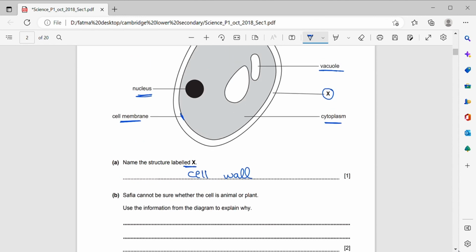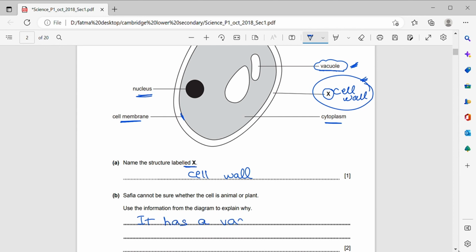If we look at the diagram, it shows that it might be a plant cell. Why might it be a plant cell? Because here there is a vacuole and there is a cell wall, and only plant cells have vacuoles and cell walls. So the answer would be that it has